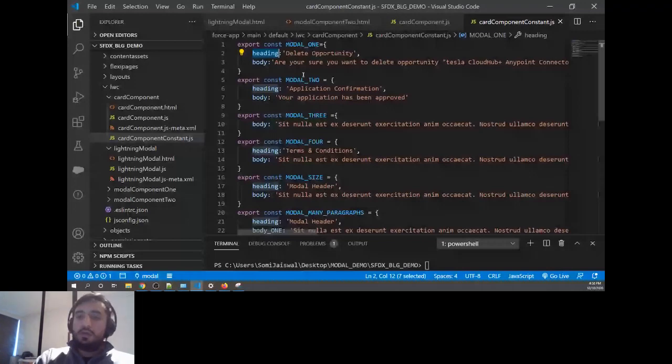So we're going to do the import using star as modalData. Star is used when you want to import everything that is exported from that particular file.